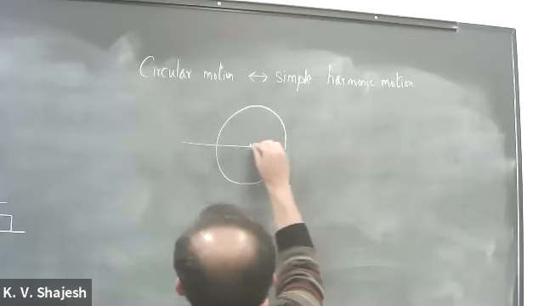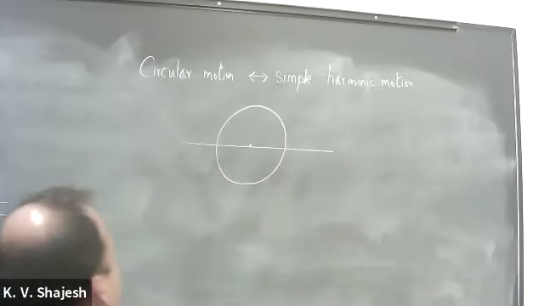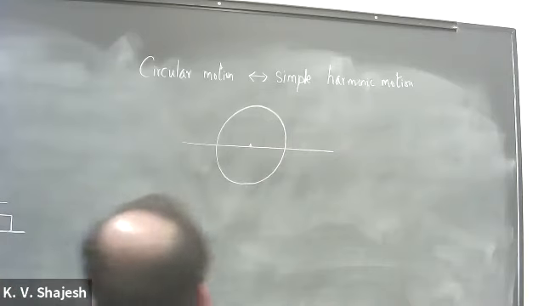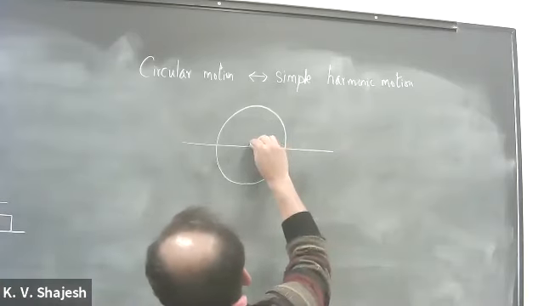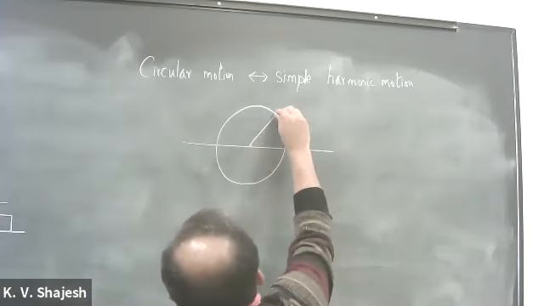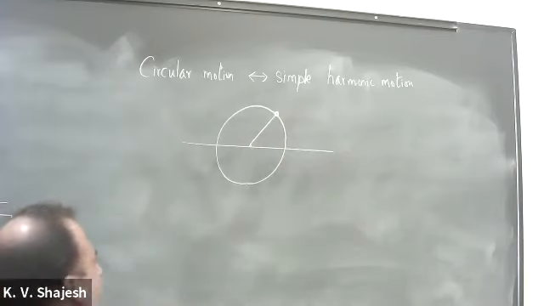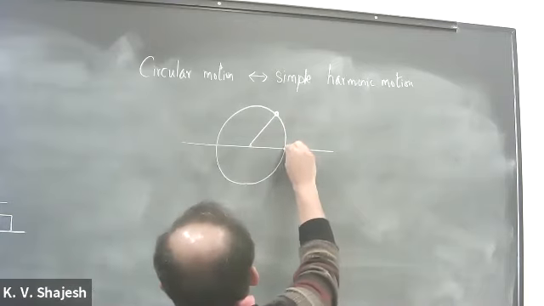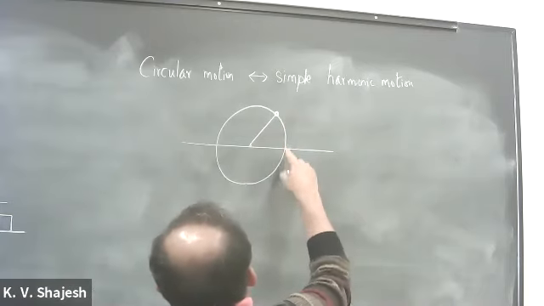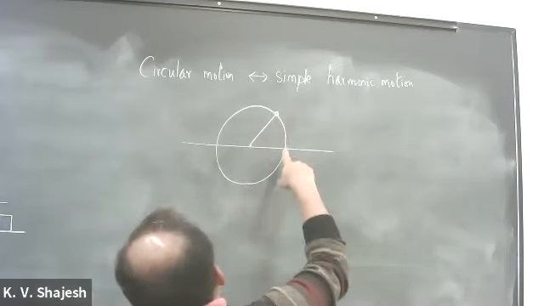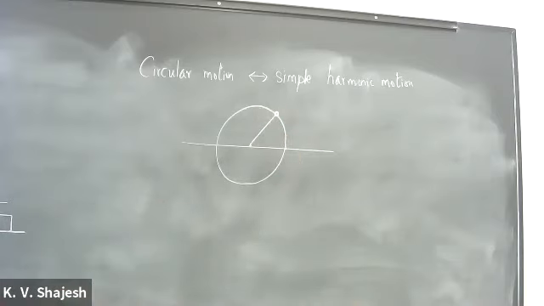And let's have the horizontal axis specified. And that's, let's say, the object that is moving in a circle. It starts at time t equal to 0. It starts from here and then it moves uniformly. By uniform, I mean that in the angular sense, it's not accelerating. It is uniformly going around the circle.